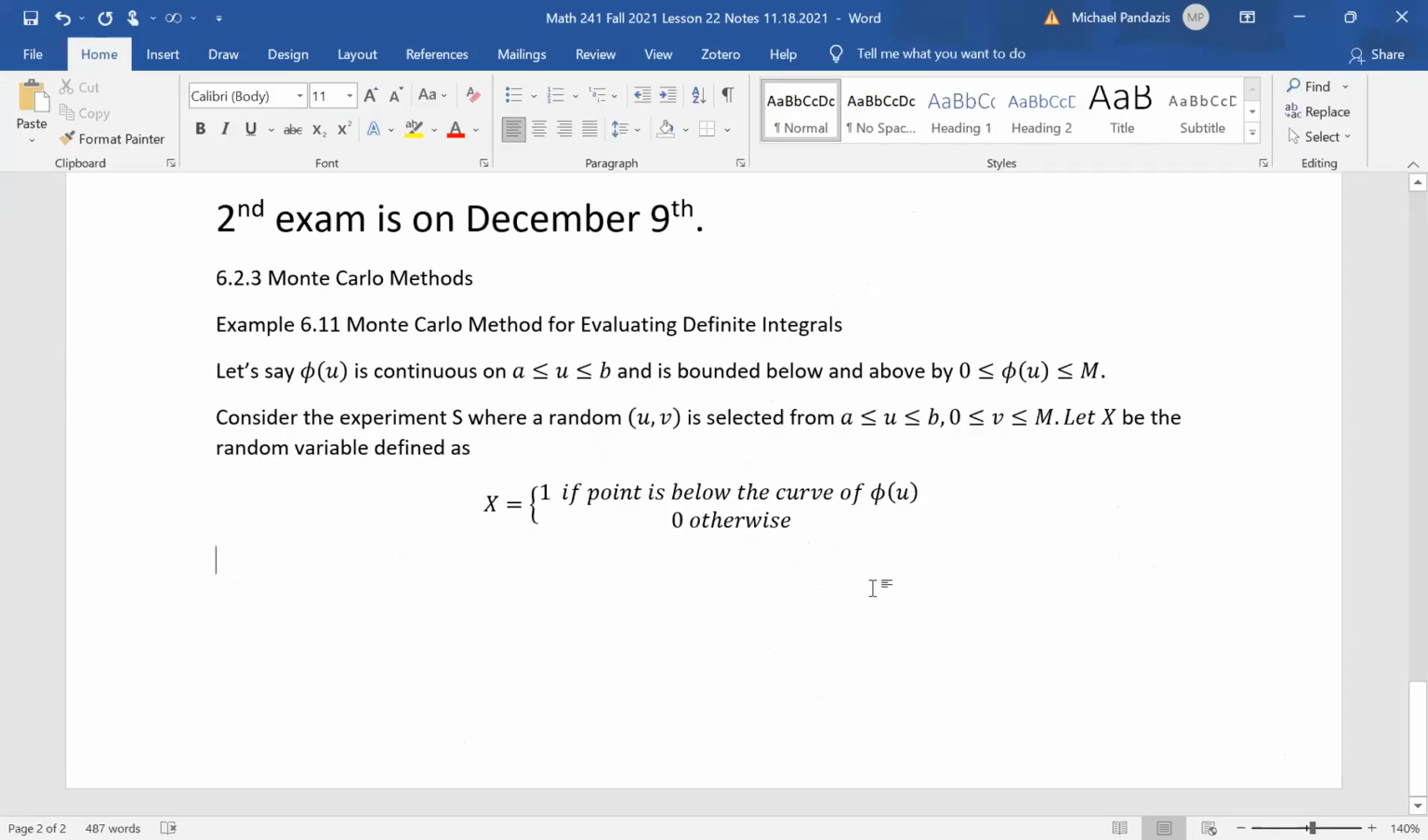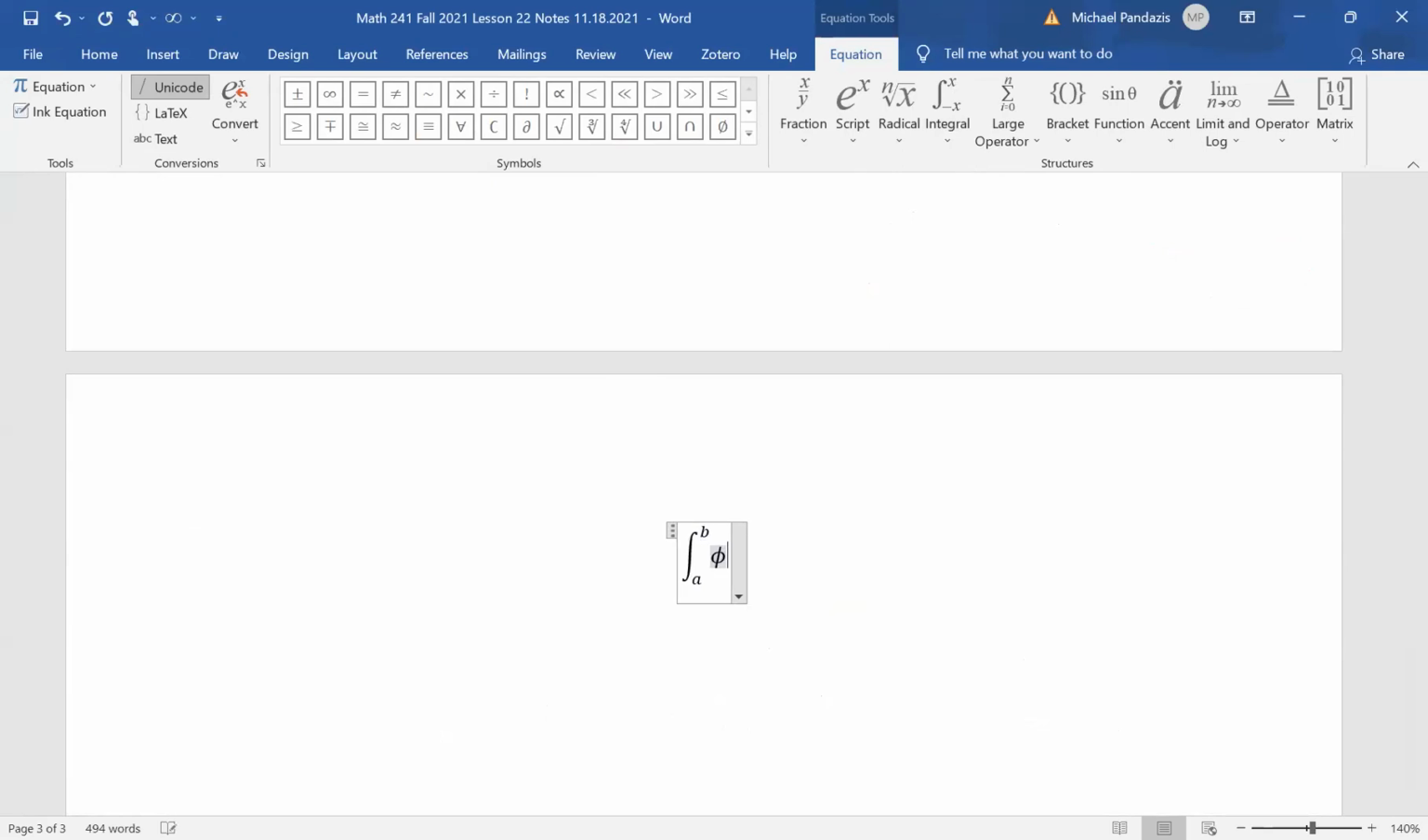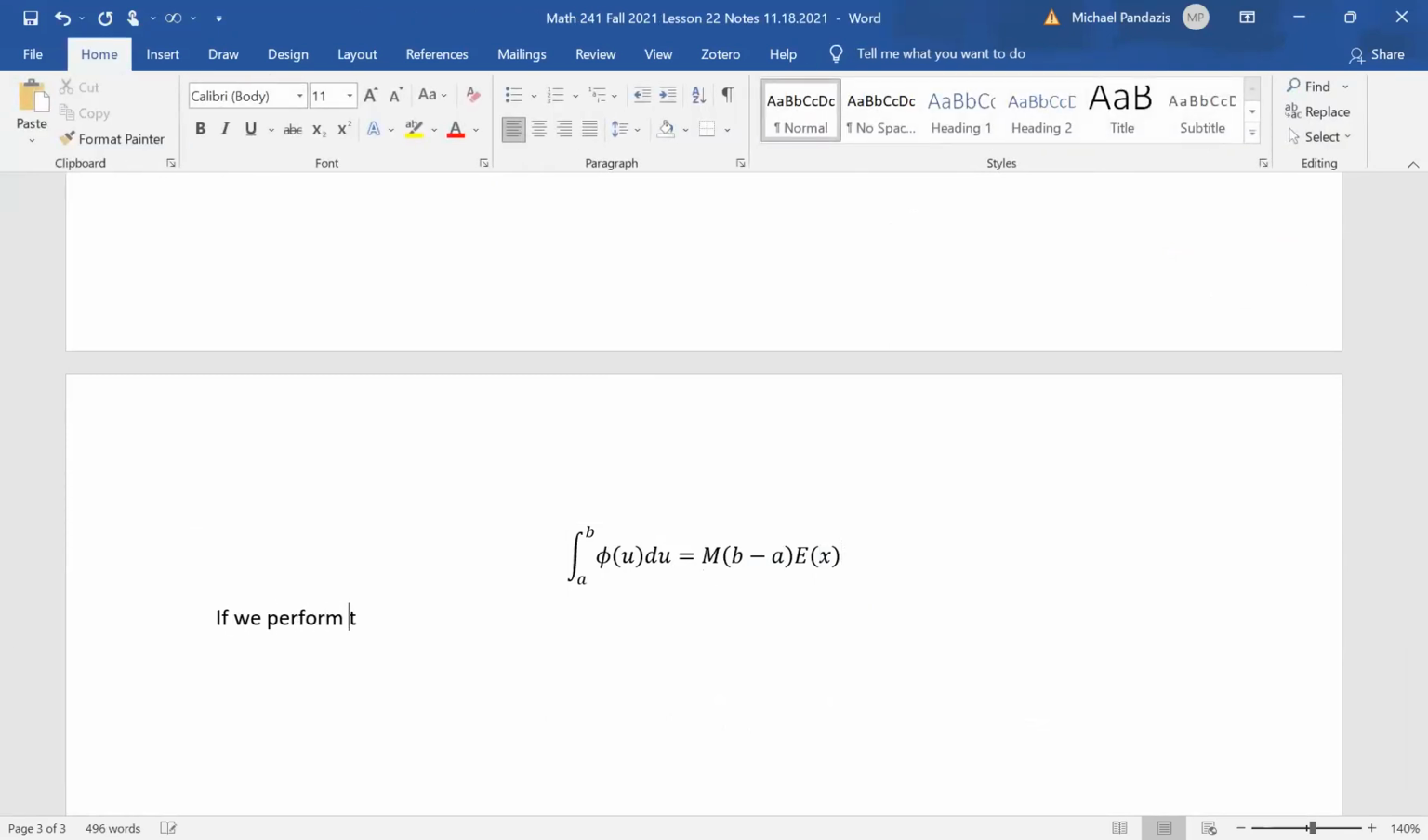Okay, so we found on the whiteboard that the definite integral from a to b of phi of u du is equal to capital M times b minus a times the expected value of X. So if we perform the experiment of choosing a point at random in that rectangle, if we perform the experiment S n times, and little n is large, and letting X sub i be the value of X on the ith performance of the experiment S,